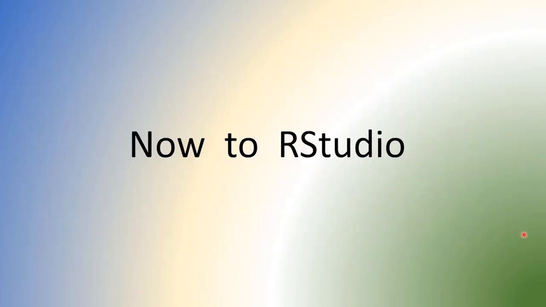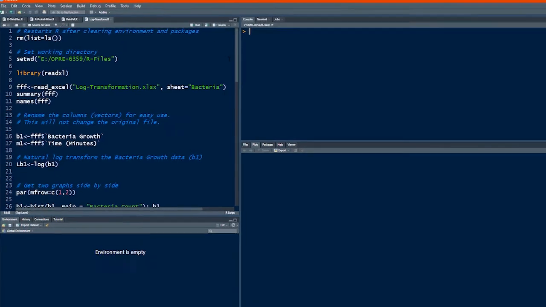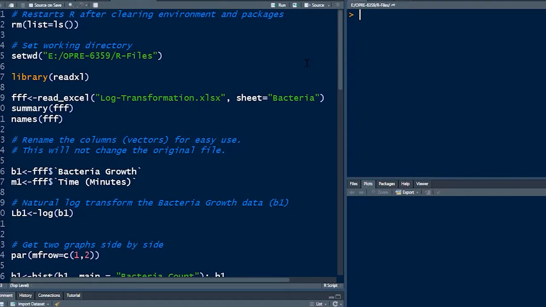Okay, so now we are going to go to RStudio. So here we are in RStudio. We have discussed all the windows and the console, etc. before, so let's not spend time there. Quickly, this line will clear the environment, so everything from before is forgotten. We're setting the working directory, that's where my file is.